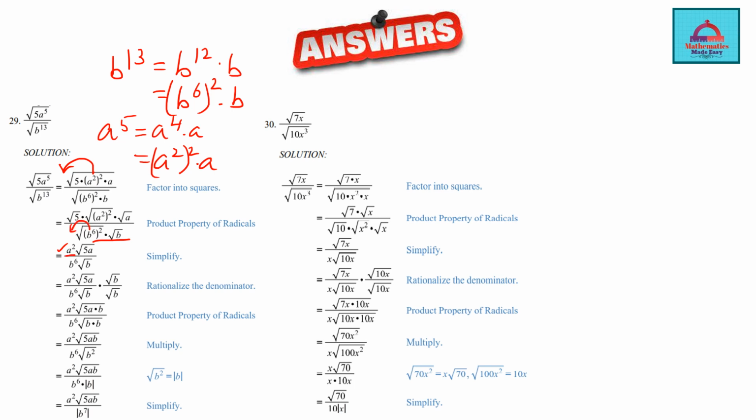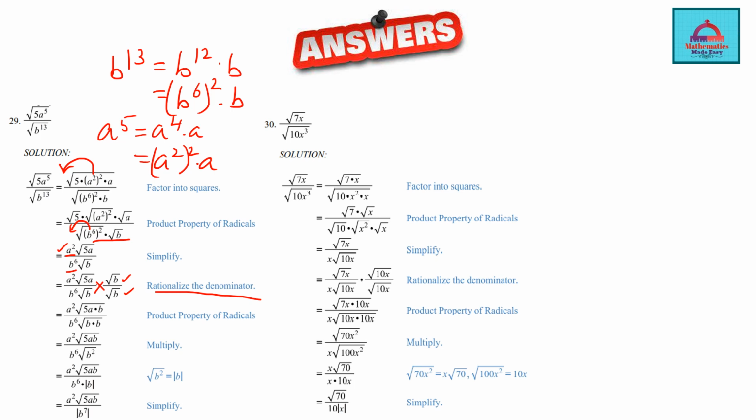So a square and b to the power 6 comes out. Inside you have only this expression. Now you are going to rationalize the denominator because you don't want the radical sign or the square root symbol in the denominator. So the square root of b can be removed by multiplying with square root of b in numerator and denominator. When you do that, the numerator becomes square root of 5ab divided by denominator becomes b dot